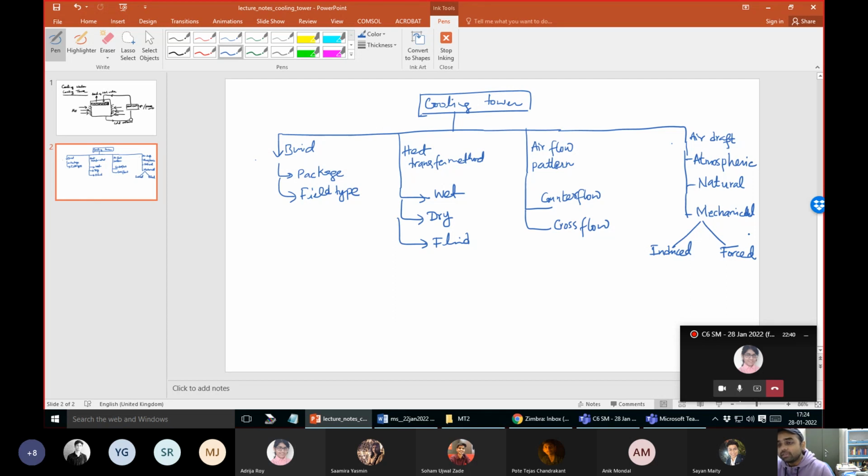When you use this cooling water in the heat exchanger, its temperature will rise by 10, 12, or 15 degrees. Then how to reduce it? That water cannot be cooled again in the heat exchanger, because the heat exchanger needs the cooling water. So the purpose of making this cooling is not by heat exchanger. This entire topic on cooling towers is to come up with a system where you can cool your water for use in heat exchangers.